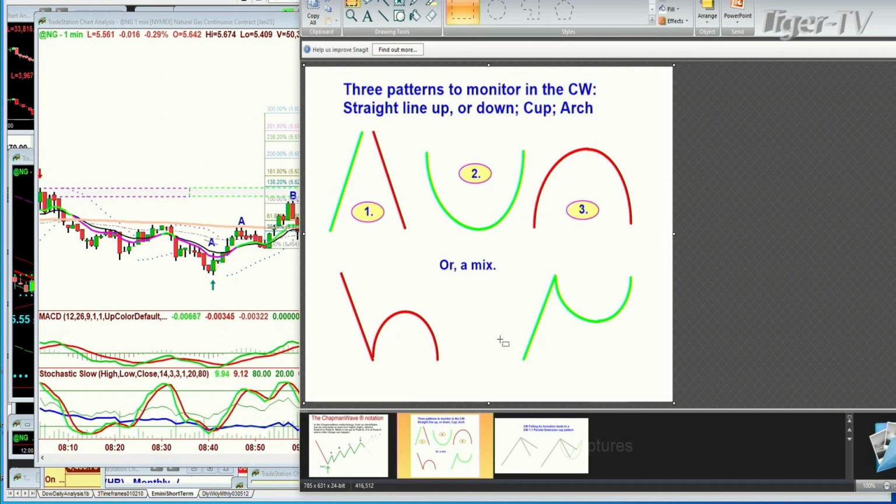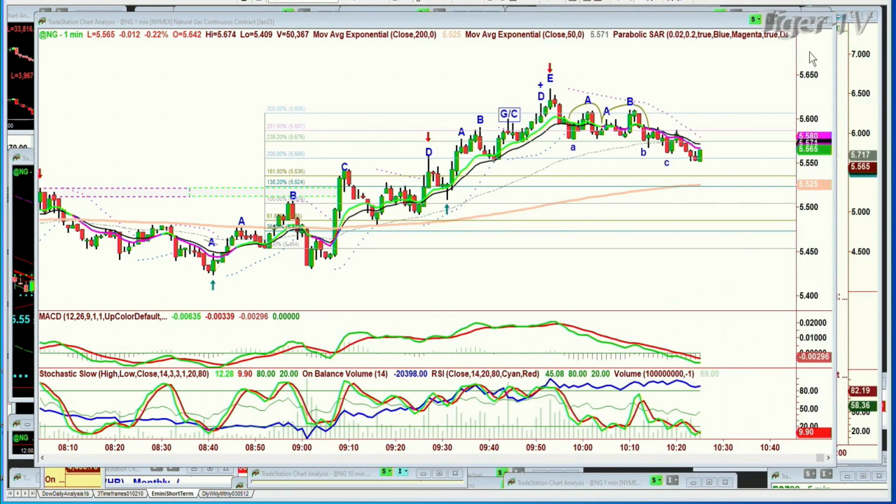If that M on the right side takes out the left side low, be careful, because you can get a 1-to-1 to the downside. So let's watch what's happening in natural gas. It goes arch 1, arch 2, lowercase h goes to a lowercase m, takes out the left side low, and then it pulls back, and now it's going to the 200% move, and now it's trying to form some kind of a base in a trough D.